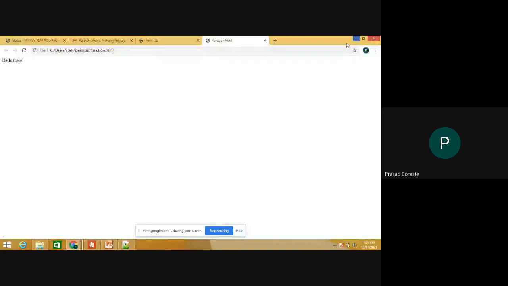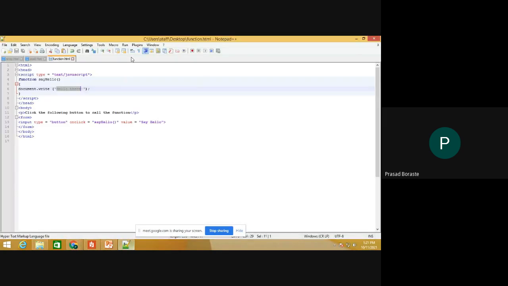First, we will see an example of a function. So once again, I will repeat what is meant by function. A function is a subprogram designed to perform a particular task. Functions are executed when they are called.